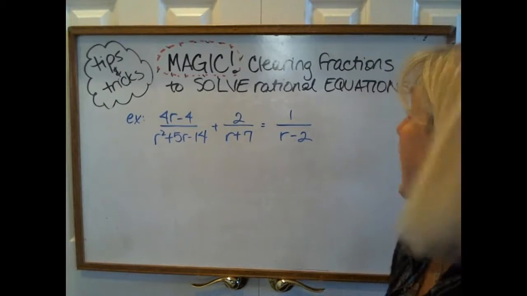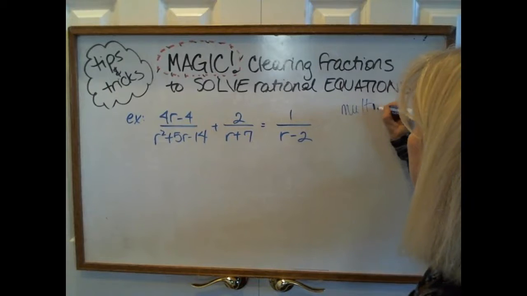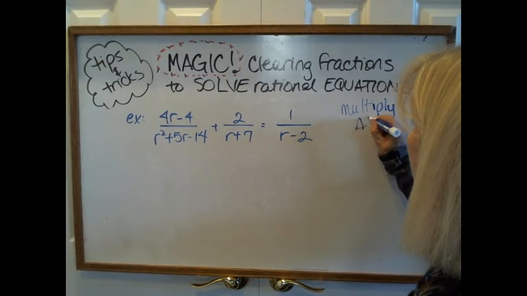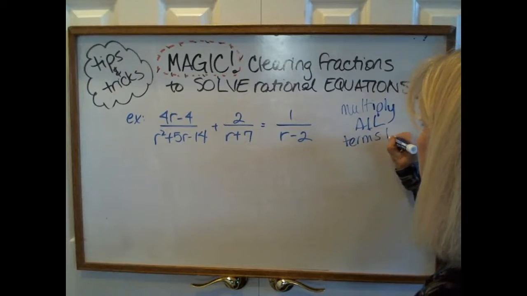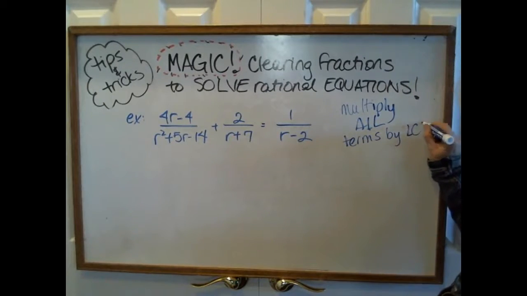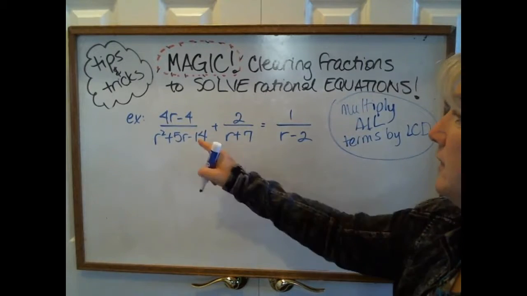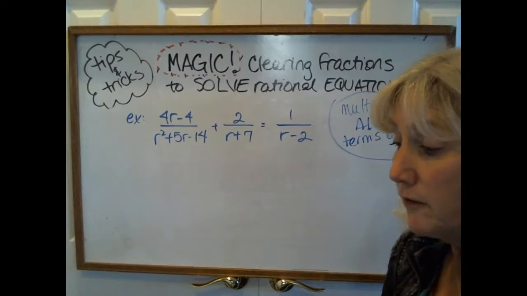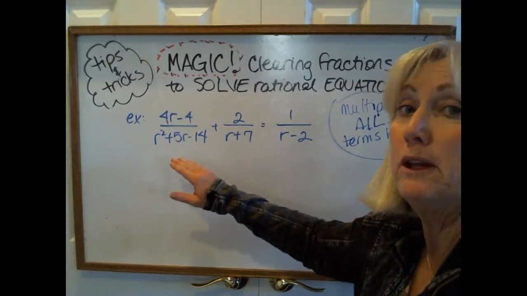And the way we do that is we multiply all the terms by the lowest common denominator. That's what we do in order to clear these fractions. So first of all, we have to figure out what the lowest common denominator is, which means we need to